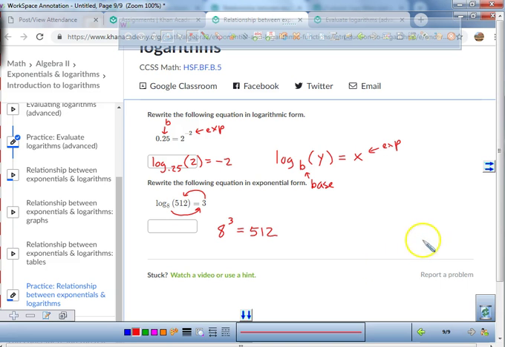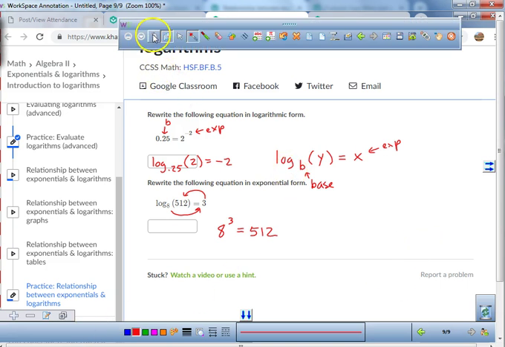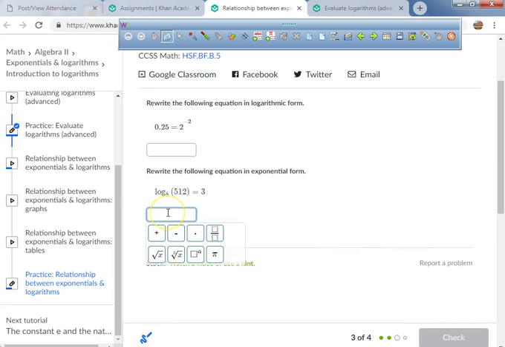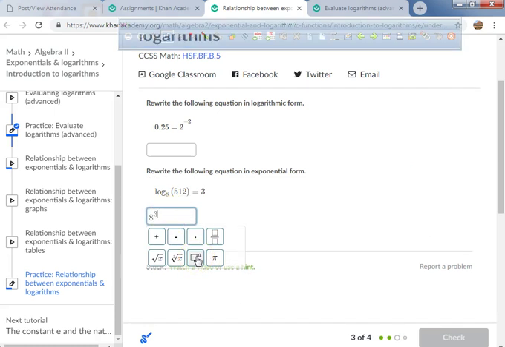So that's how I'm going to rewrite it. All right, here we go. Going to start with this one. It's the easiest. I'm going to type in 8 to the power of 3, and then right arrow equals